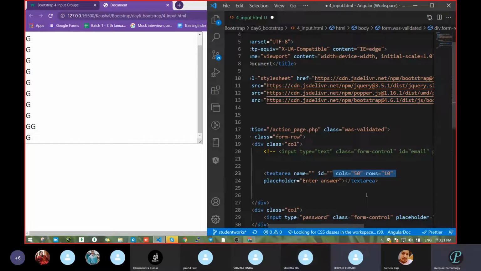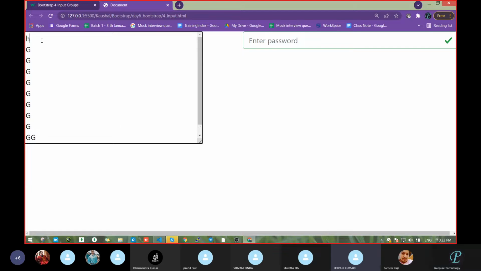Due to rows 10, we can enter 10 lines, 10 row values, and due to 50 columns, you can enter 50 characters on the column side. So once you get more, just count this and you will get the idea. Count: 1, 2, 3, 4, 5, 6, 7, 8, 9, sir, 10.